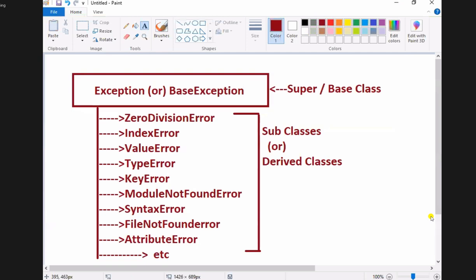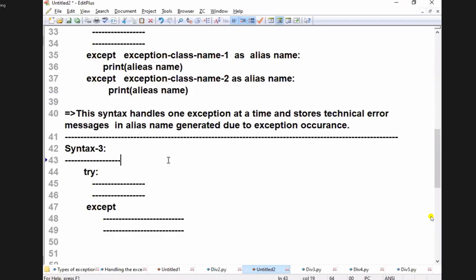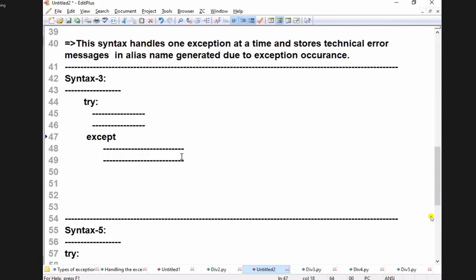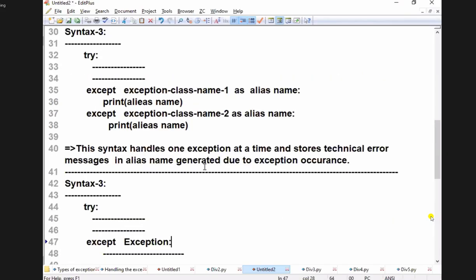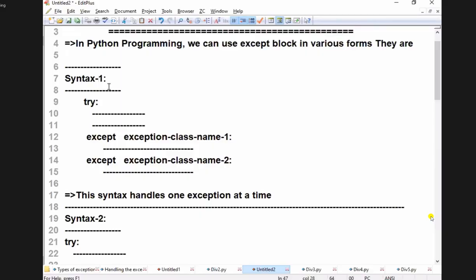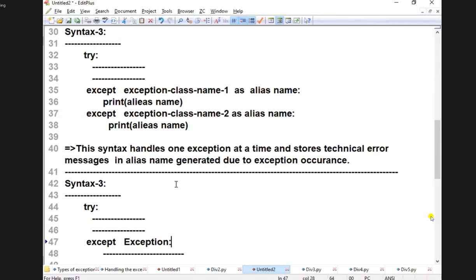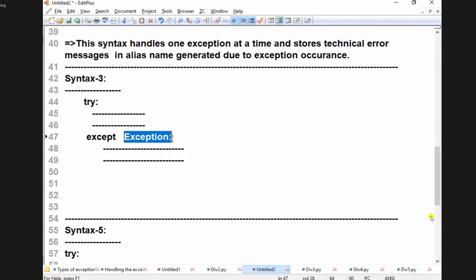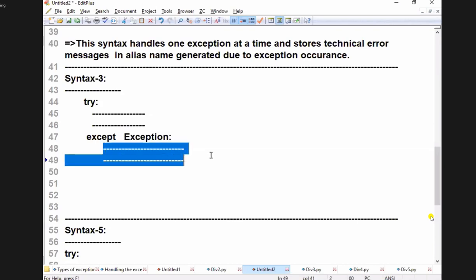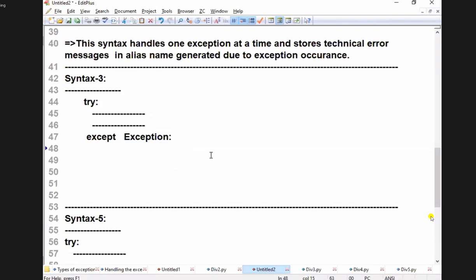Now, what I am trying to write today is Exception. What I will write in this exception? Actually, the most useful syntax is syntax 1, syntax 2, syntax 3. Here also, with this exception, you cannot write a particular specific message.